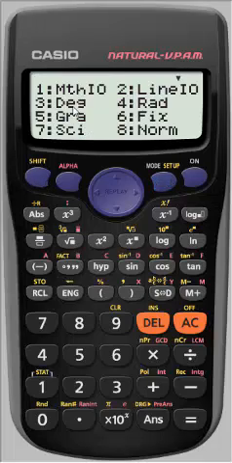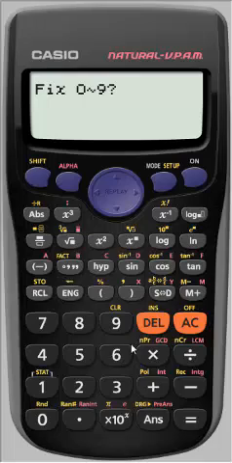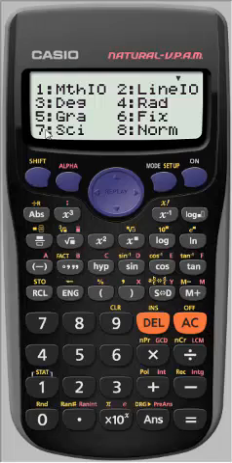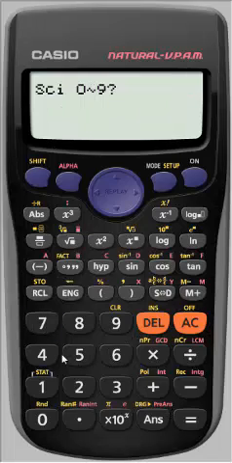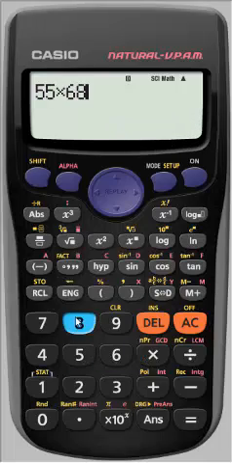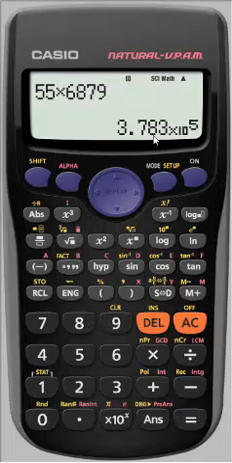Now we also have the ability to change our angle measure units from degrees or radians or gradians, and we can change our decimal position by fixing the decimal point at perhaps 4 decimal places. So now when I get a result, you'll notice I have 4 decimal places, 4 places after the decimal. I can also put it into scientific notation. I'll do 4 again, but now you'll notice instead of 4 places after the decimal, I get just 4 digits